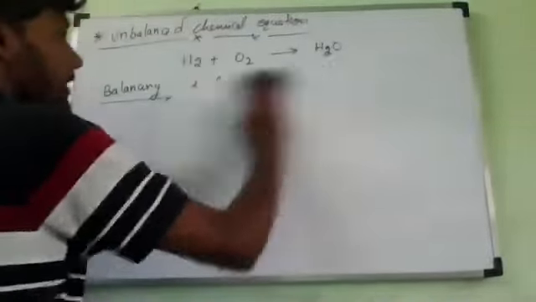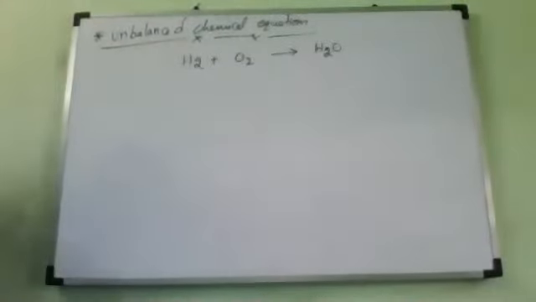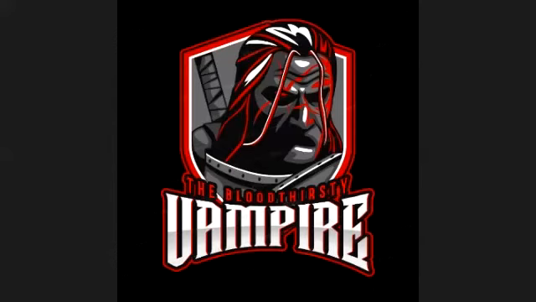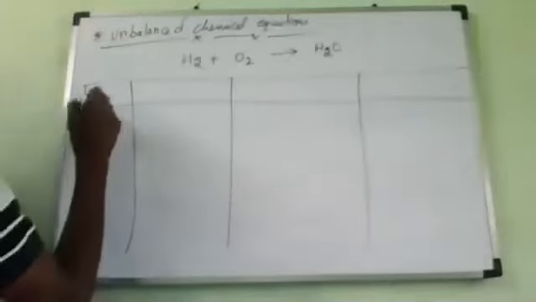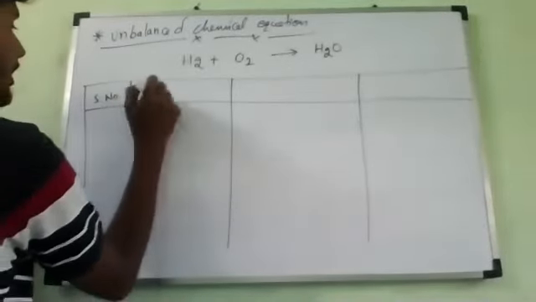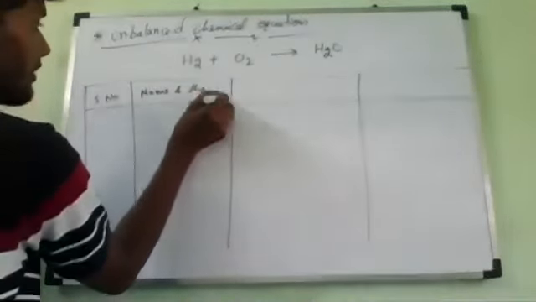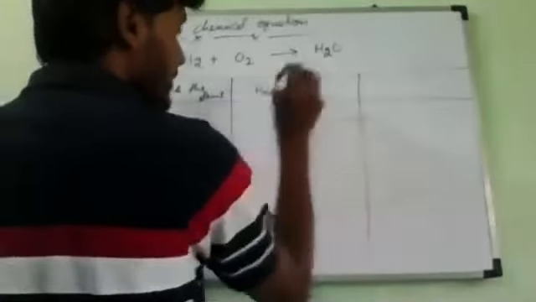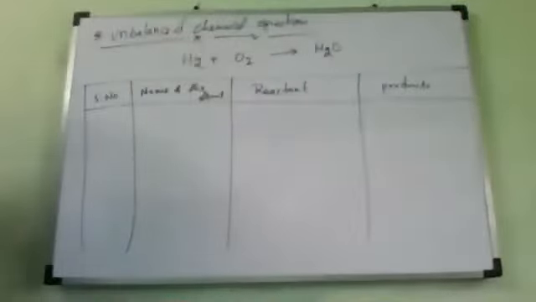So what I said, balancing chemical equation. Immediately, what you have to do? What are the equation they have given? We have to construct the tabular column immediately. Name of the element, and products and reactants. Write it. Serial number, name of the element. Next, reactants, number of atoms in reactant side. And this side, products.